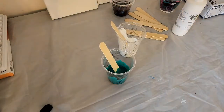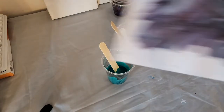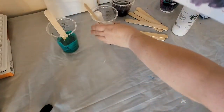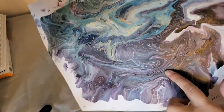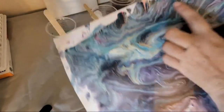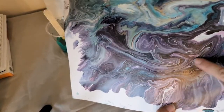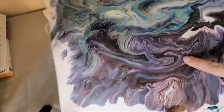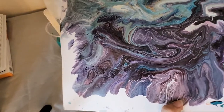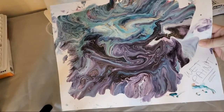Let me just show you guys. So some of you were on my Facebook Live, but I had this paper under my painting, and it was so thick right here that it actually took about 4 days to dry, versus around here, it dried within 1 day. So if this had dried any faster, it would have cracked. But I kept it in the cabinet with the doors closed, so no airflow, no...